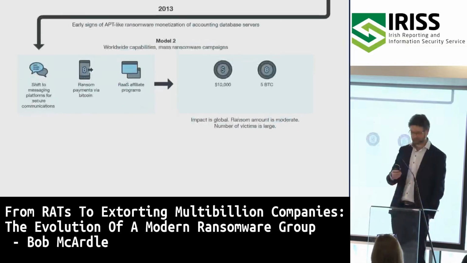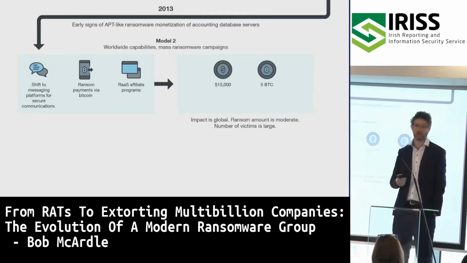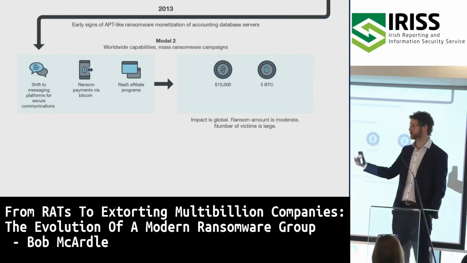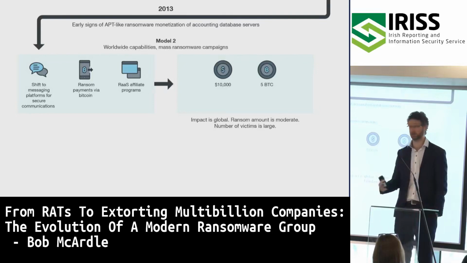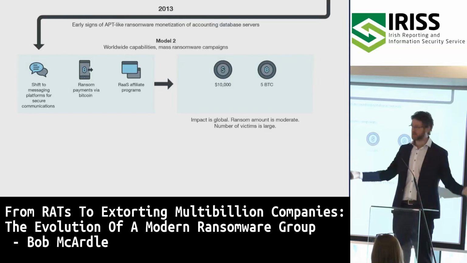Fast forward a bit, and we have the start of much more mass ransomware. The big differentiator here was Bitcoin. With Bitcoin emerging, you now had a way that anybody in the world who could buy Bitcoin through some local exchange could transfer money to the criminal. And even nicer, there's a whole anonymizing nature that comes with Bitcoin as well, which makes it even nicer for them. This then led to the spread of mass ransomware on a global scale where they could get paid.